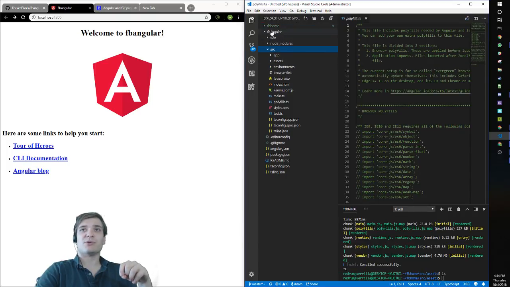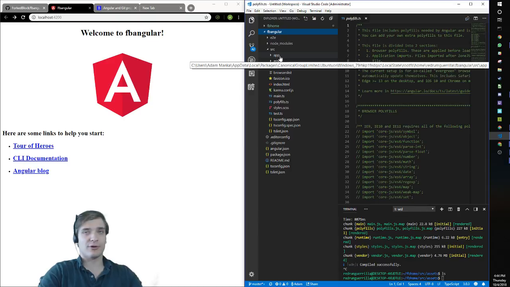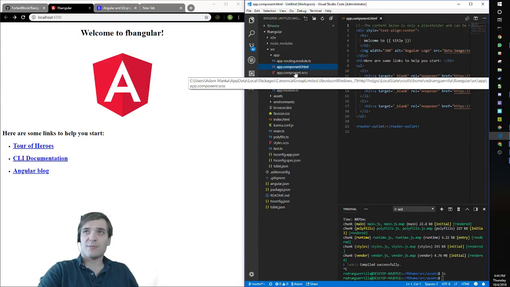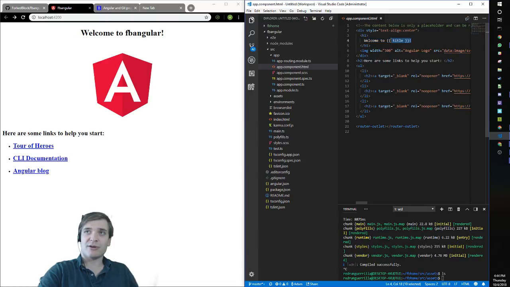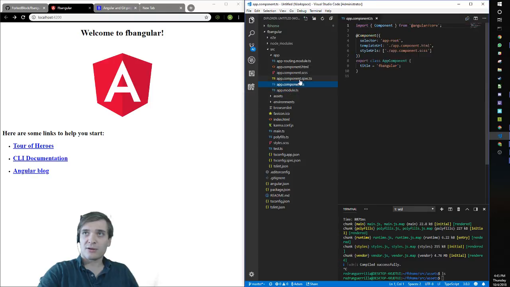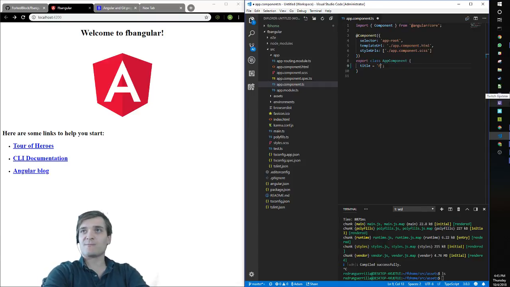Okay, yeah, so we're in the source folder. You can see this is the FB Angular app that we built. Going into the source folder, we can see basic components. It's the same as the other one that I was showing you. We have the module, the components. Obviously, you can see here it says welcome to title. This is actually a variable that's getting pulled in from, let me just double check here, right here in the components section. So FB Angular, if we change this, this is the title. This is kind of how everything's working out. So we can name this